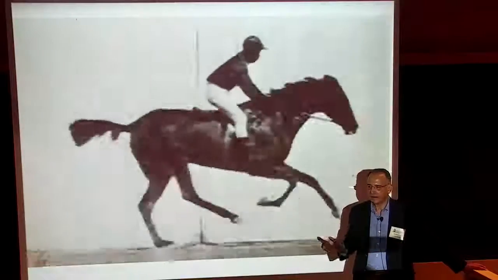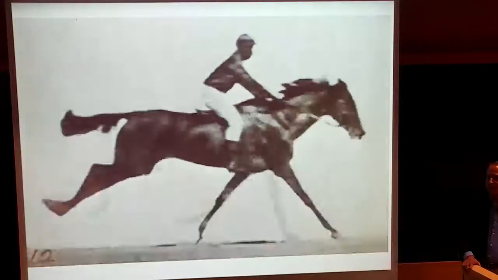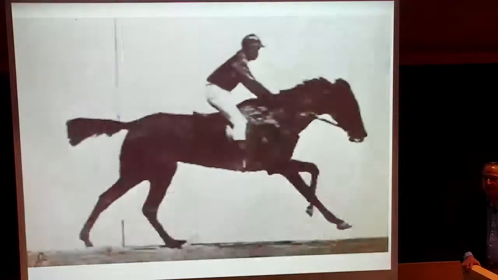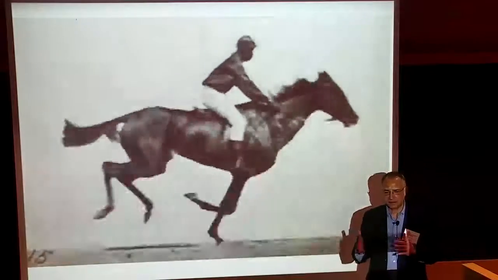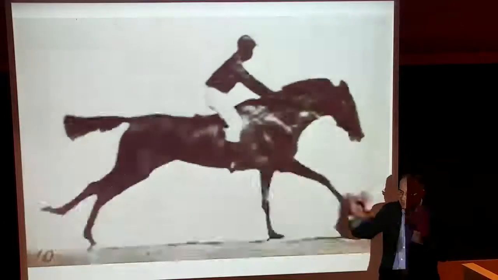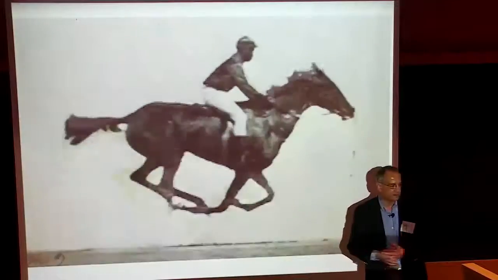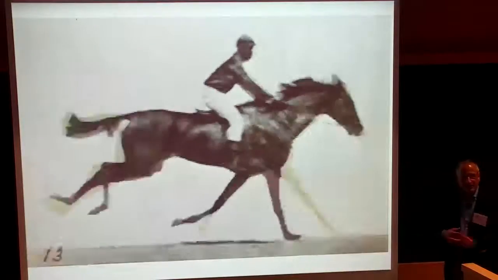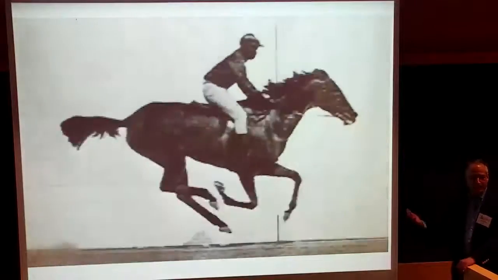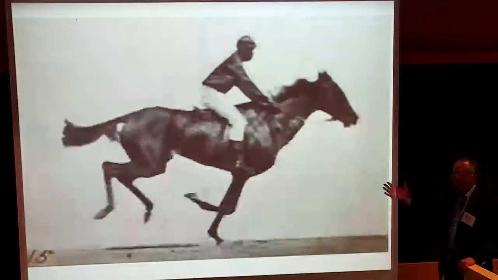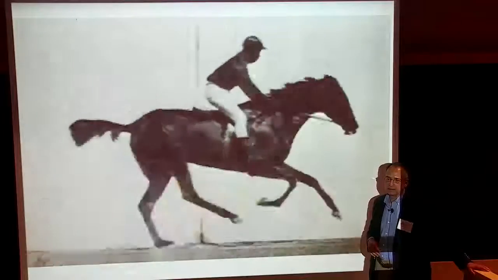So he hired a guy named Edward Muybridge, who was an Englishman, originally Edward Muggeridge, who changed his name to what he thought was the Anglo-Saxon way of saying it, but that's another story. And he became famous in California for his photographs of Yosemite. So Leland Stanford called him and said, I would like you to take pictures of animals moving so that I could prove whether all four legs on the horse are off the ground simultaneously.